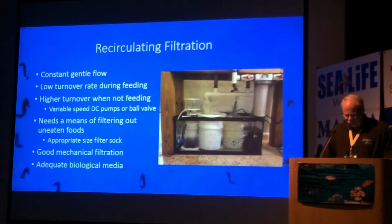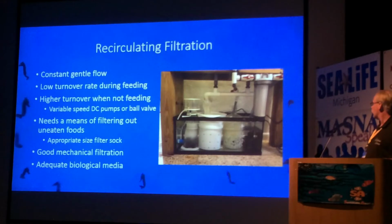The picture here is of a system we put together in a hurry. We had an unexpected arrival and had to put the system together, so we took the stuff that we had lying around to make it, but the design is very much what we normally do. We have a DC pump down here, which pumps up to a 5 micron canister filter, and those we change out every day. From there, it splits, part of the water goes to the tank, which is up above, and then the rest of the water